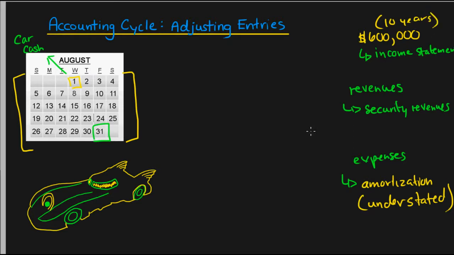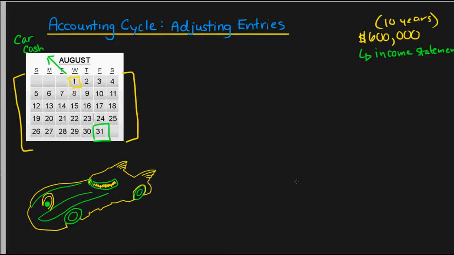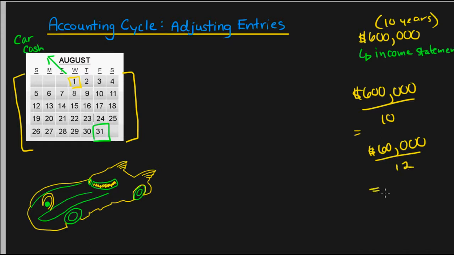So right now, this might be kind of brainstorming a way to do this, and that would be to take the $600,000. I'm just gonna kind of erase this over on the right side. We would take the $600,000 and we'd divide that by 10 years to get how much amortization we're gonna have per year. And then we're going to take that amount and divide it by 12 to get the monthly amortization expense. And there we go. We got $5,000, which is how much he's going to report every single month for the